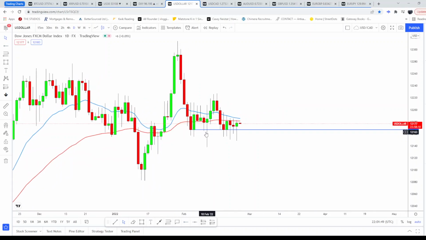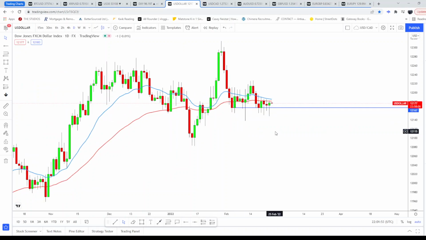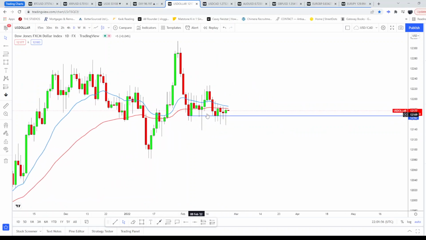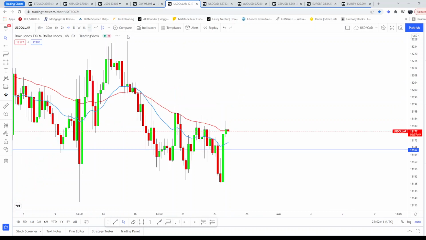Once, twice, 3, 4, 5, 6, 7, 8, 9 times. So it's been holding for quite some time. Price action hasn't completely traded underneath this line. So this could potentially go to the upside as MAs are still up,